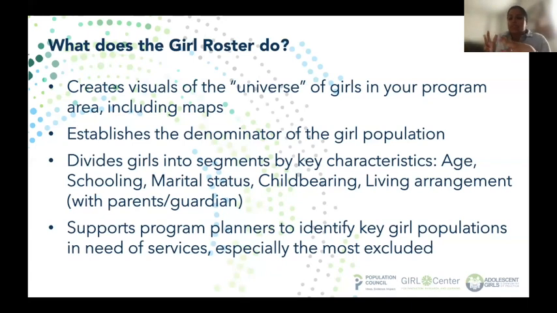It helps you establish the denominator for your girl population. So you might be going into brand new communities where you think you maybe know how many girls there are and what their situations are in life, but this really helps you clarify that. We worked with a partner, for example, in Gambia, a very small country, for those who are familiar. The 16 new partners that were with us felt very confident that they knew how many girls lived in the communities in which they worked. And when they returned, they were shocked to find it was easily double the number.